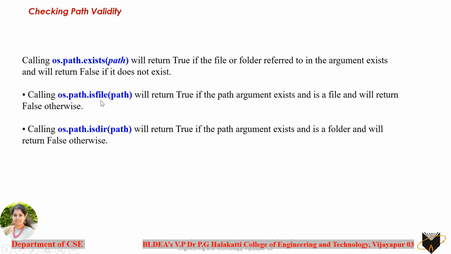It will give True if the file exists, and False if the file doesn't exist. Similarly the same for the isdir method. I want all of you to try all these three methods on your own. These are very simple methods. Just import the module os.path, and execute all these methods by taking the respective parameters.